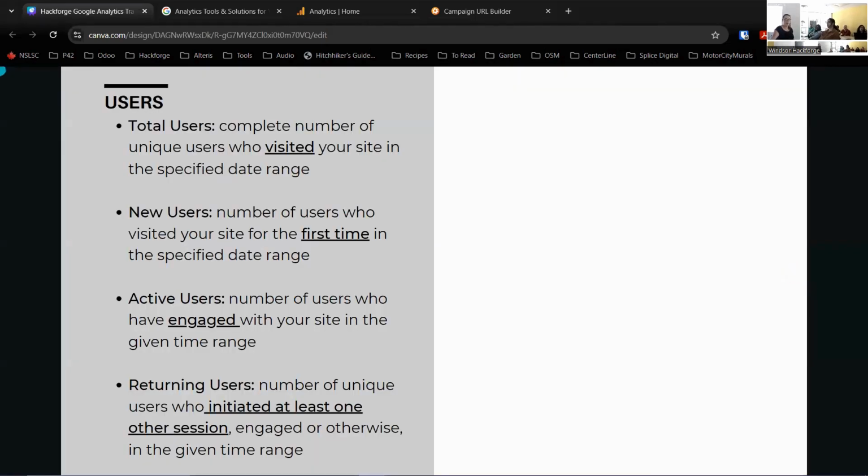Let's then talk about users. A session is initiated by a user. So we will have the total users. This is the complete number of unique users who visited your site in the specified date range. So anybody who opened your web page counts as a user. A new user is someone who visited your site for the first time. An active user is someone who had an engaged session. So again, that's 10 seconds or more, 2 or more page views, or at least 1 key event. And then a returning user would be someone who has already